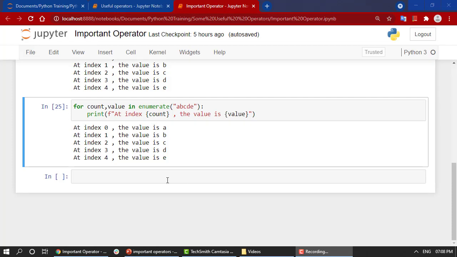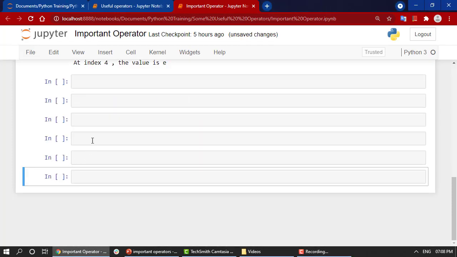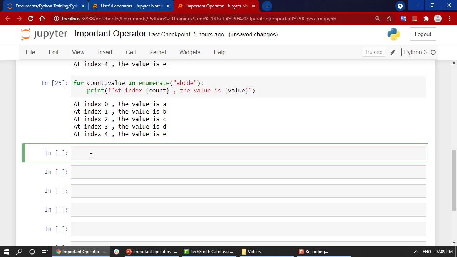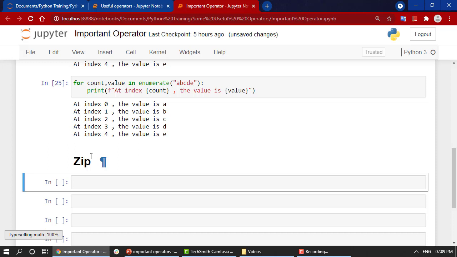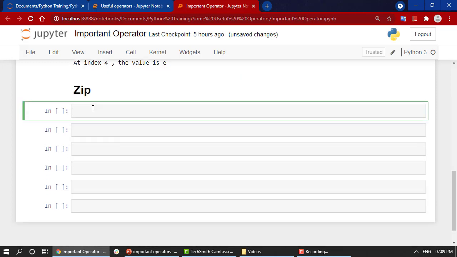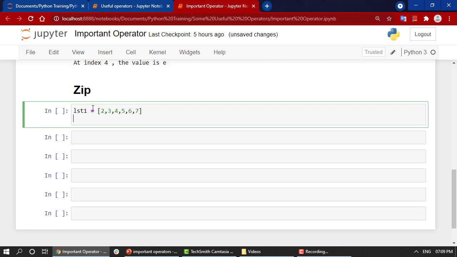Now continuing up in the same window where we coded in the last section. Let's create a new cell, name this section as zip, change it to markdown, and now let's start playing with it. So let's have two iterables. Let's say I have lst1 equal to, let me write out some numbers, 2 3 4 5 6 7, and lst2